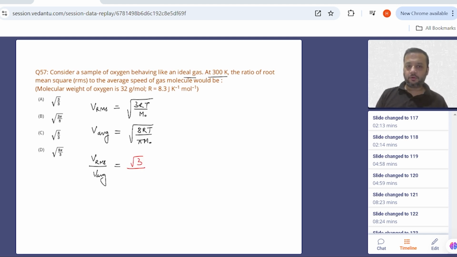We will be left with root of 3 upon root of 8 by pi, which means that this becomes 3 pi by 8. So which means option B must be the correct answer for this question. Okay,